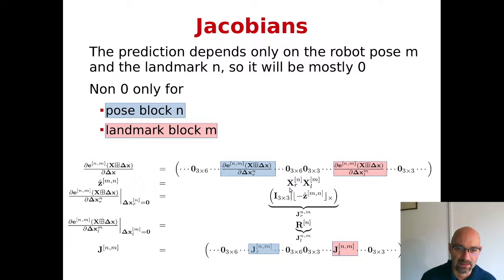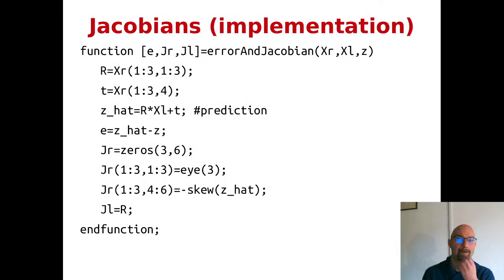For simplicity, let's call, in the remaining part of the lesson, this block here JR, which is consistently 3 by 6, and this block here JL, which is consistently 3 by 3. Okay. And so we implement the difficult part of this exercise, which was error and Jacobian. In this case, before we had just one Jacobian,